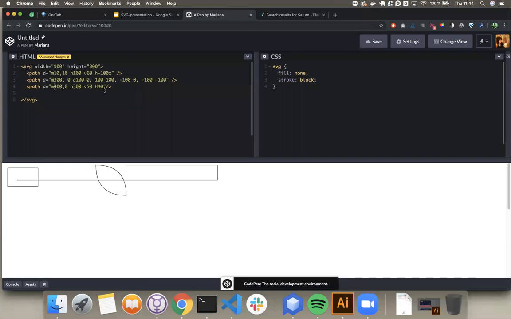So lowercase is for relative coordinates. It means that the last one starts when the one behind it ended. And if you use only uppercase, then you will start drawing at points of the grid of your coordinate system. So I would recommend using relative positions because you can move all your drawing with just one command, that is the moving hand. If you move your hand, then you will move all your shape together. If you have absolute positioning, you need to move every coordinate one by one. So, well, of course, you won't be using this, but